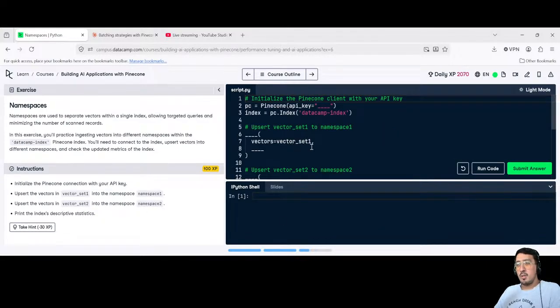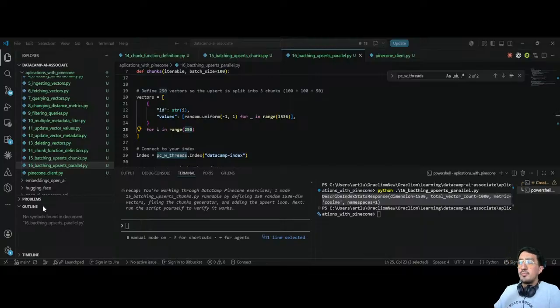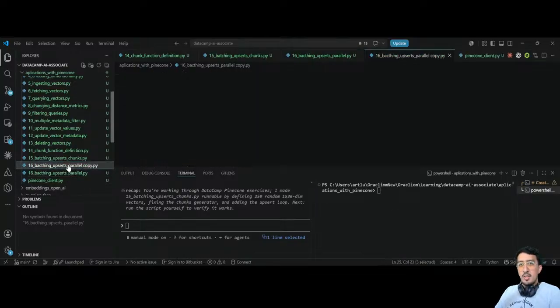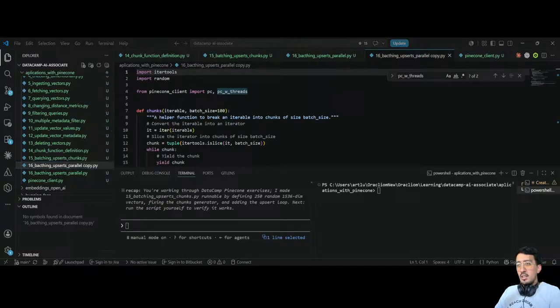So now we are gonna stop sharing our DataCamp, and we are gonna go to our Visual Studio. So in this case, I'm gonna clear here, and then we're gonna do the number 17, and the exercise is gonna be called namespaces. And in here we're gonna